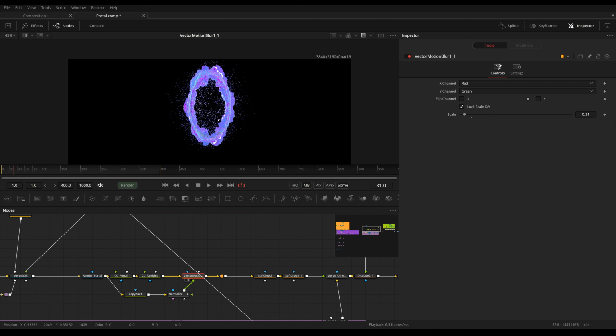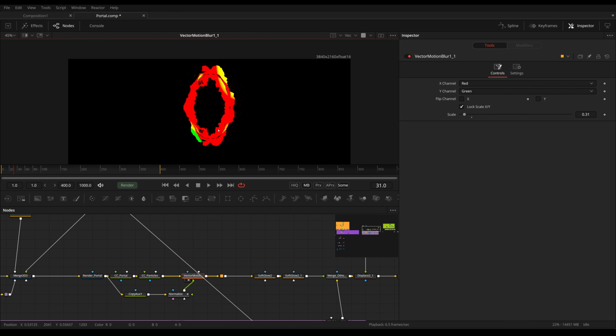The vector motion blur, as the name suggests, is creating the motion blur. But I didn't just use the channel itself. Usually this is set to vector X and vector Y, using the inbuilt vectors.